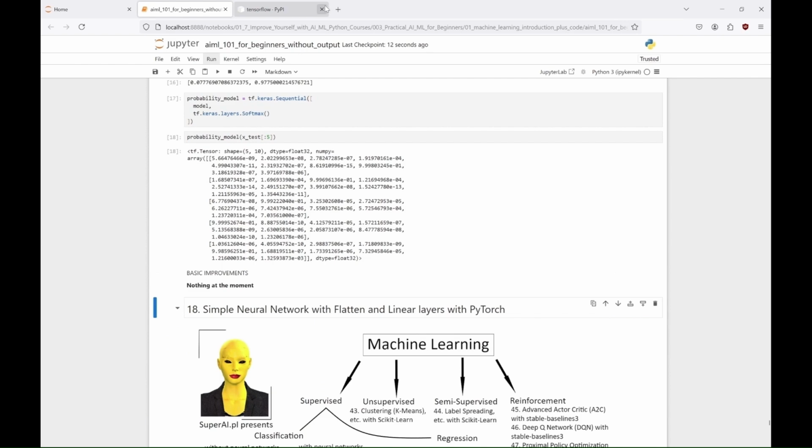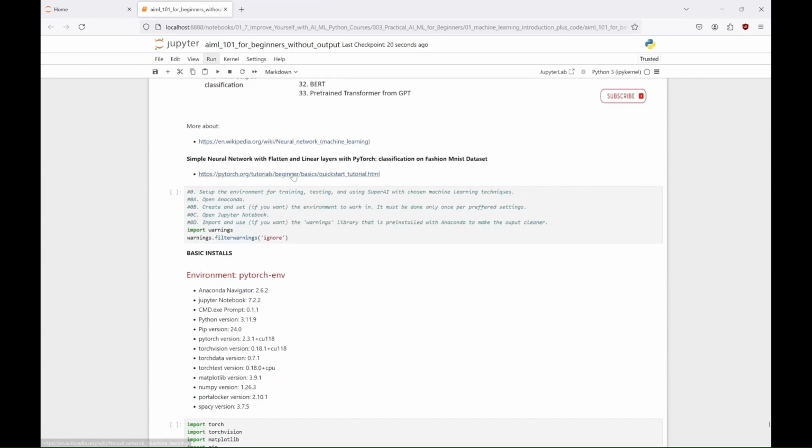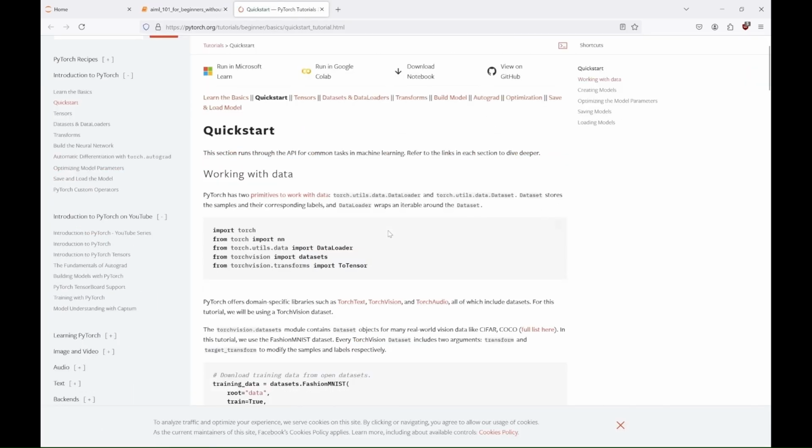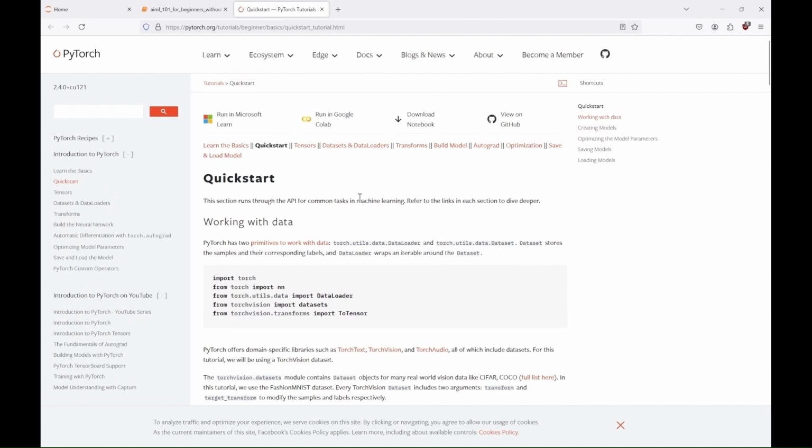And now we'll use a simple neural network with PyTorch. PyTorch is an open-source deep learning framework developed by Facebook's AI research lab. It provides flexibility and speed for building and training neural networks. It offers dynamic computation graphs, allowing for immediate feedback and easier debugging, which makes it particularly popular for research and